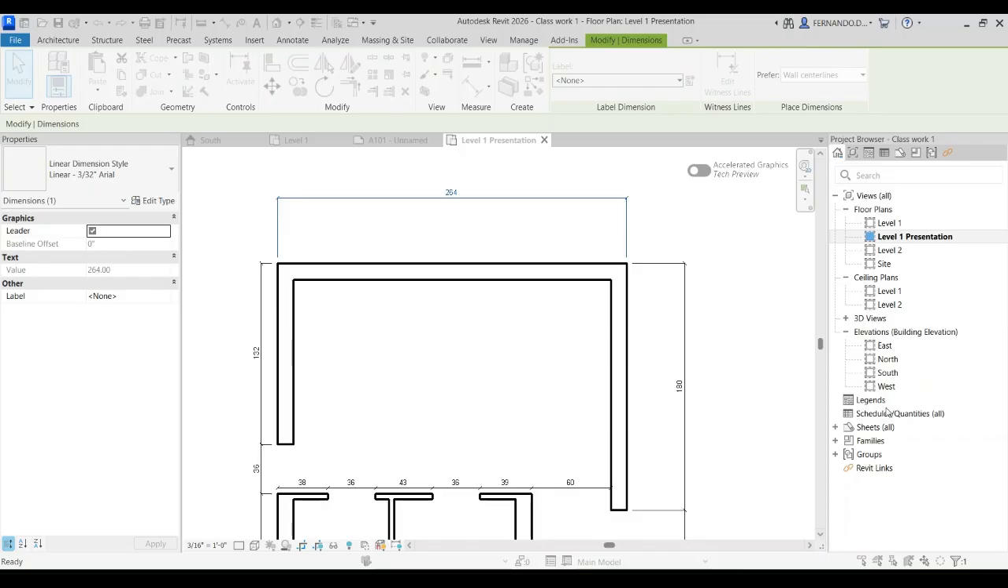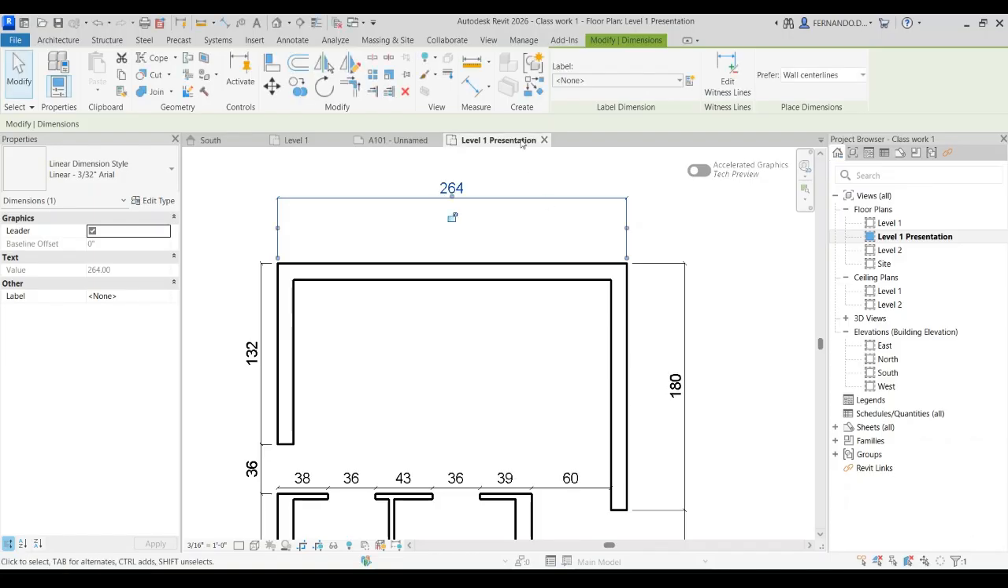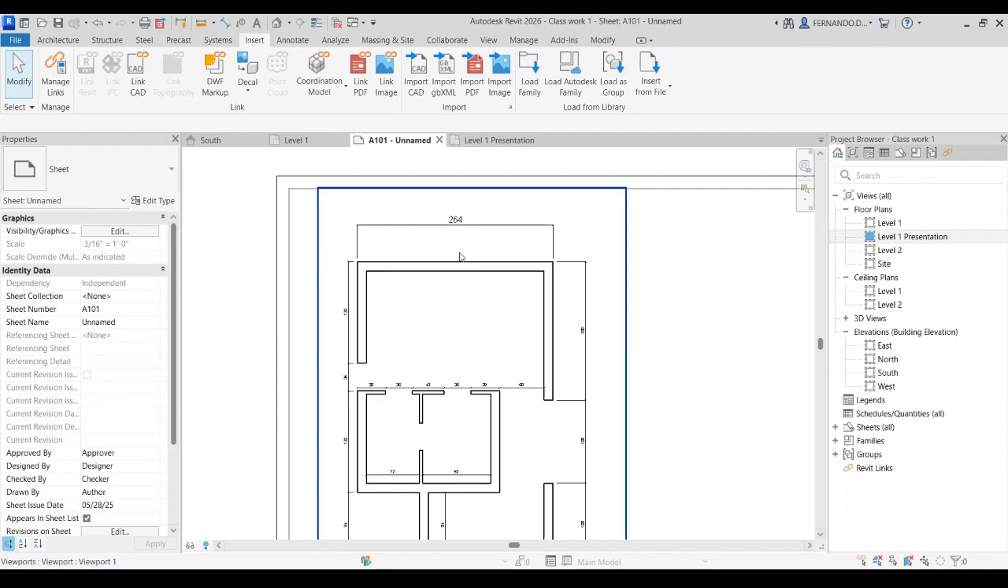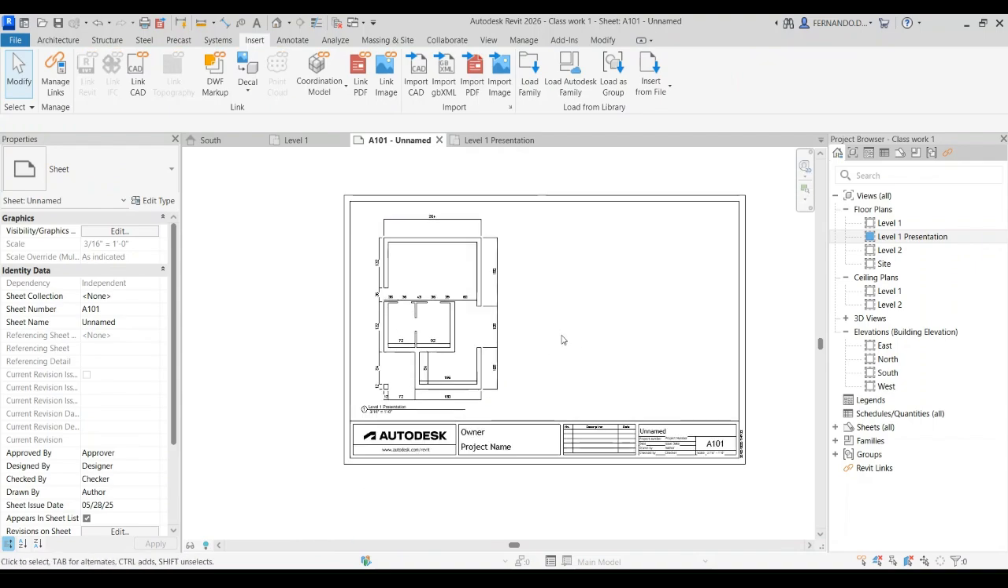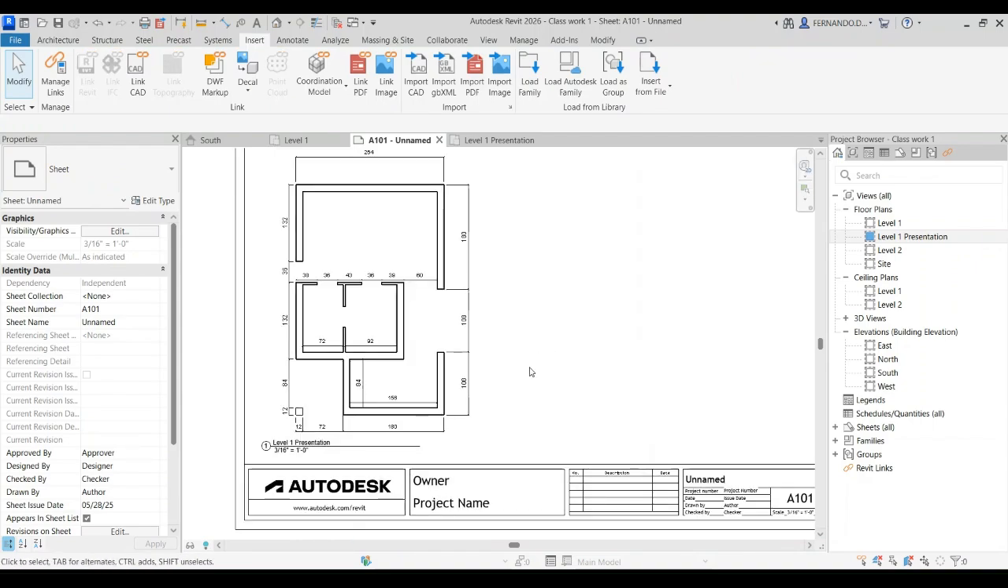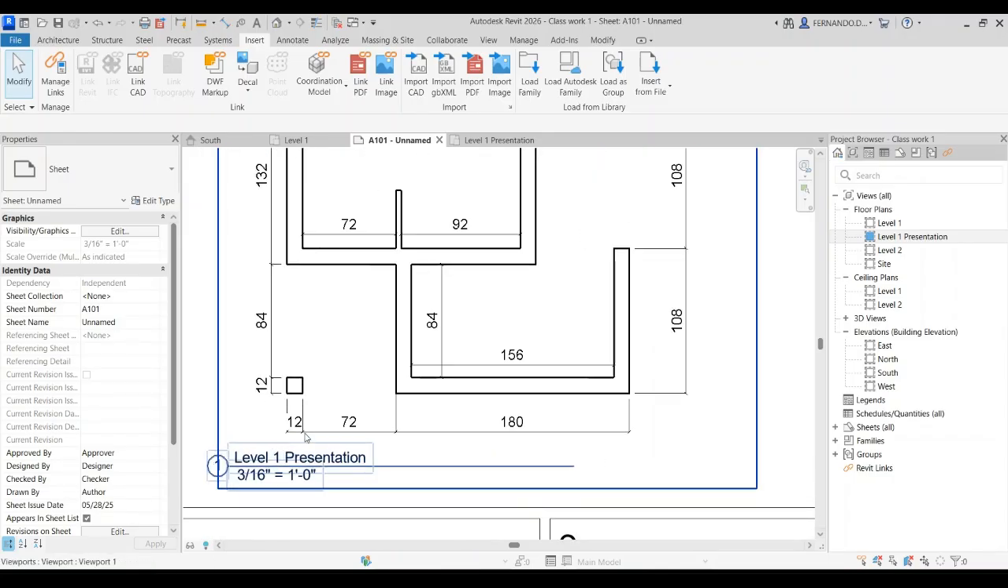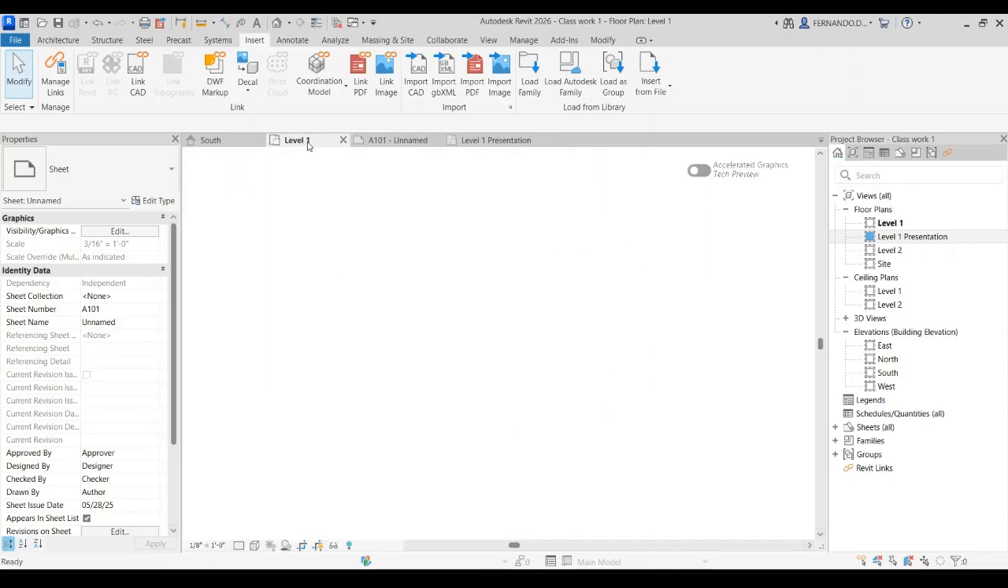and text size is this one, so let's make it 216. Okay, and now I go to the sheet. Probably that works better, but again we have to print it out. I think this is better than the other one, but